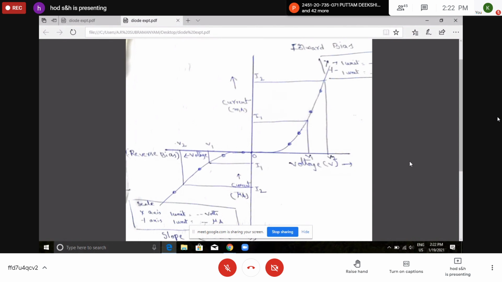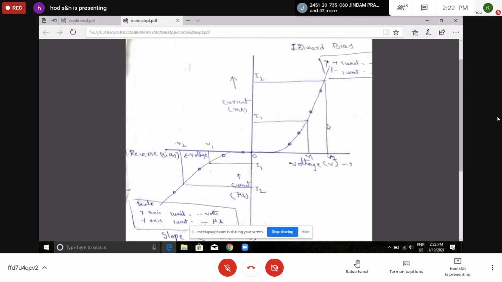Okay. See, for one diode, you divide the graph sheet into 4 quadrants, and initially you mark the points, you make circles, and you join. From the origin, even though the voltage increases, the current will be 0 initially. Then suddenly it increases as an exponential curve. This is the forward bias characteristic. Similarly, in the reverse bias, up to a large range, you will be getting only 0.1 microamps. Then you may get some values like that. You will be getting the graph in the reverse bias.